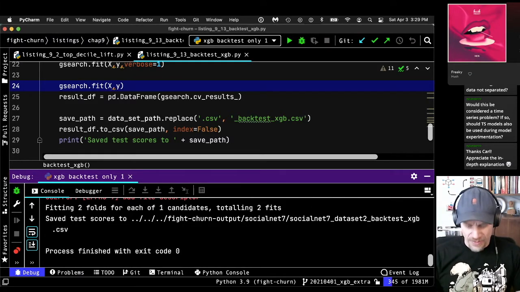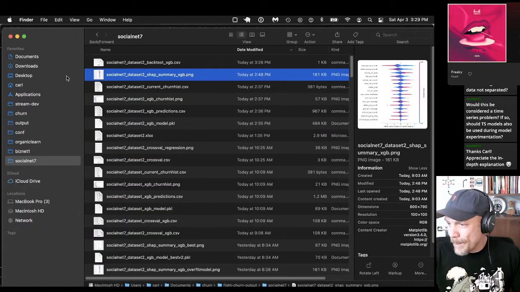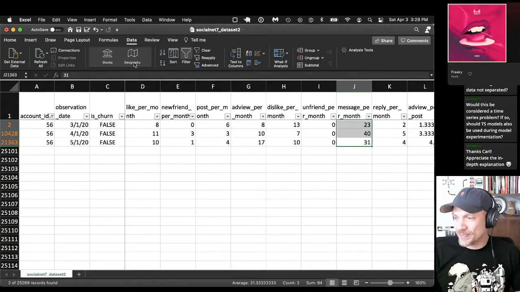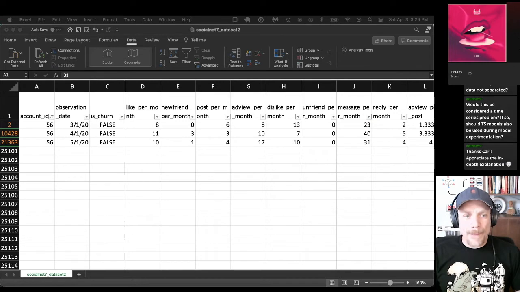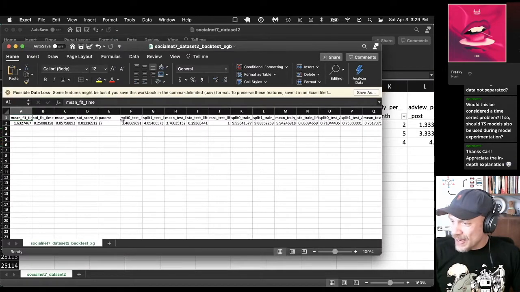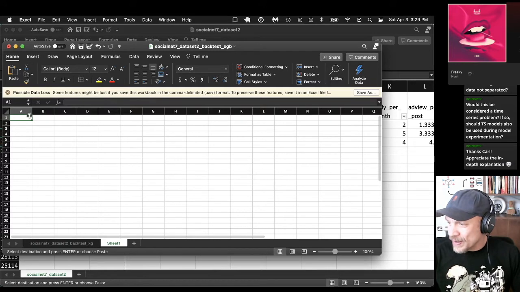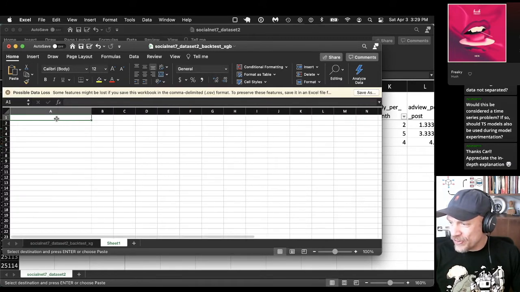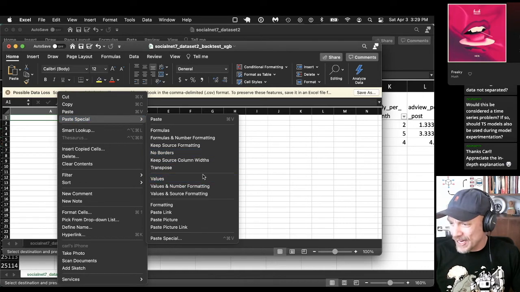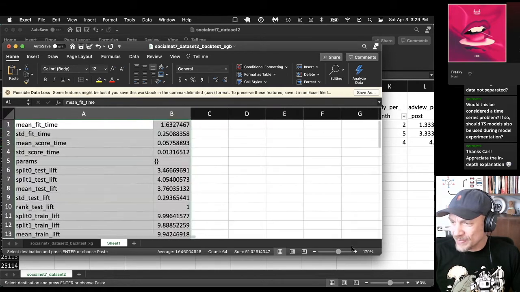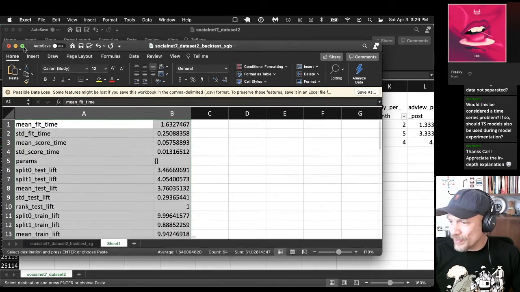Now let's look at the result of the backtest, and we'll see what it shows us. All right, here's a CSV file. I saved the output of the backtest. It's all in one row, which makes it kind of hard to read. I'm going to copy it and transpose it to make it easier to read, and I'll also make it bigger any second now. So this is the output of our backtest. And let's look at what it tells us.